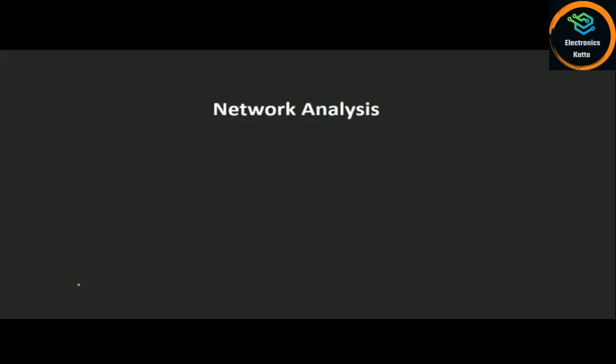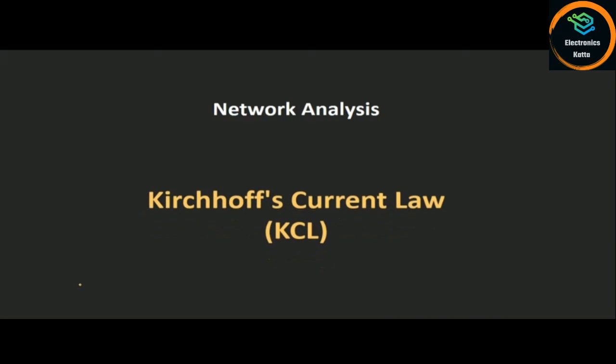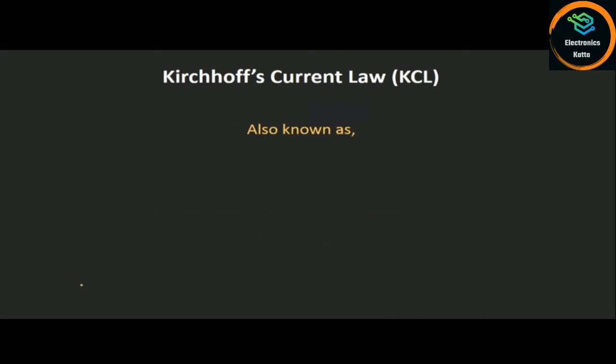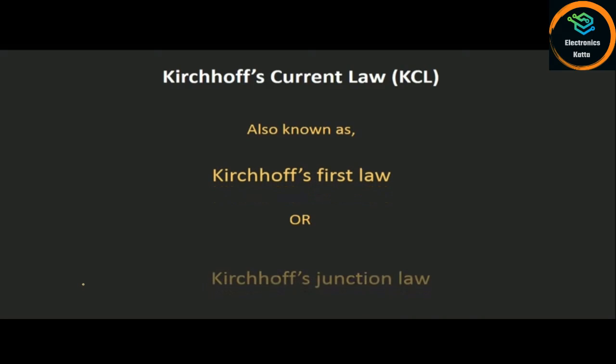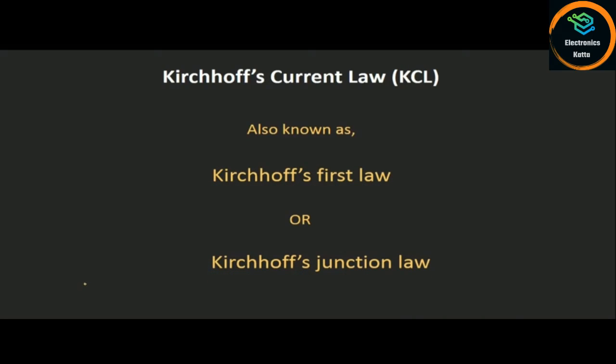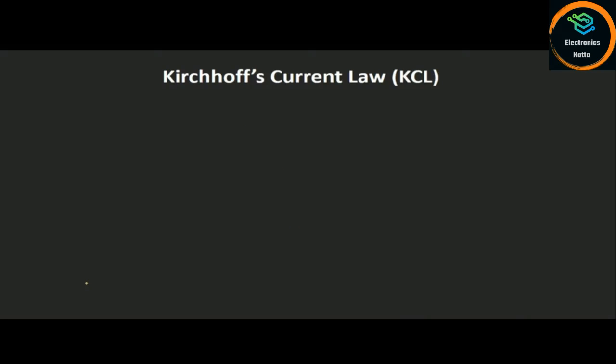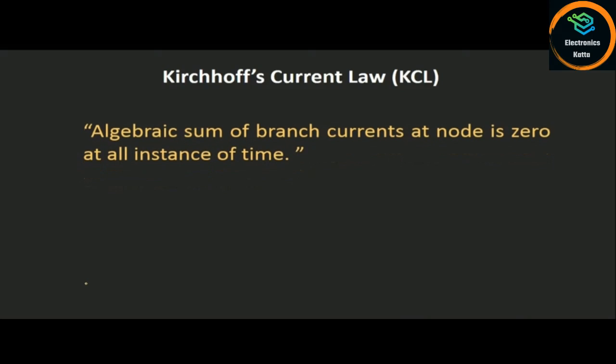Today we will see Kirchhoff's current law, or KCL, in network analysis. This Kirchhoff's current law is commonly also known as Kirchhoff's first law or Kirchhoff's junction law. So let's see this Kirchhoff's current law. According to Kirchhoff's current law, the algebraic sum of all the branch currents at a given node is zero